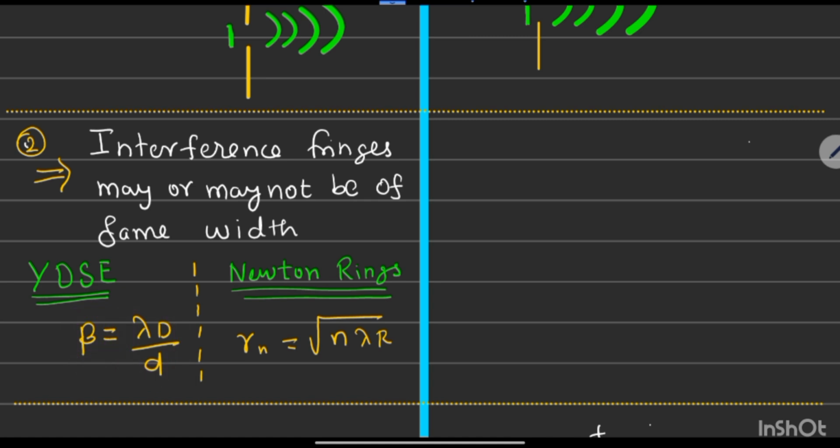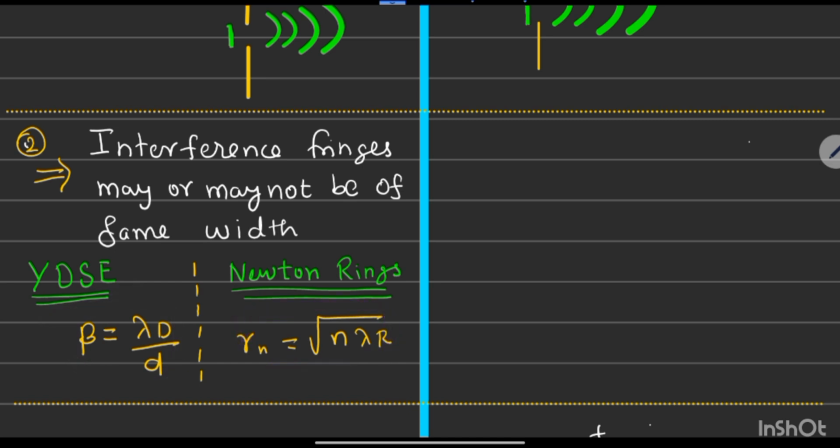Whereas in Newton's rings experiment, the radius of the nth dark fringe goes like square root of n, and hence the fringe width also should go in the same order, square root of n. Hence the fringe width is not constant. In both cases we get interference only. The fringe patterns are arising due to interference of light only. In Young's double slit experiment we have a constant fringe width, whereas the fringe width is not constant in